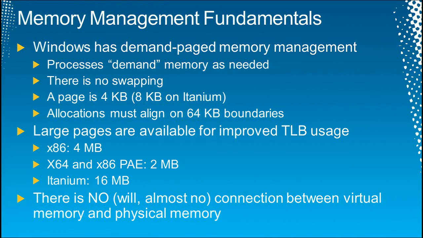Another aspect of the Windows memory management system is that allocations have to happen on 64 kilobyte boundaries. And that's important because one of the tools I'll show you will show you the gaps between an allocation and the next granular boundary, because that is essentially wasted address space. So if you allocate 4K, then that next 60K is basically off limits because you can't allocate at a sub 64K granularity. There's also large pages, and this is where Windows interacts with the hardware because it can dictate the